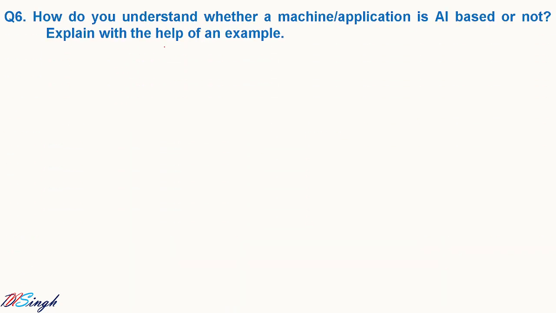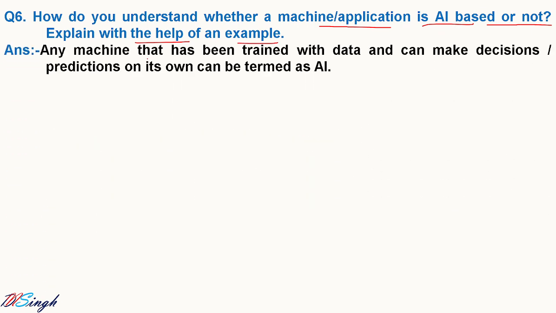Okay. Let us go for the next question. How do you understand whether a machine or application is AI based or not? Explain with the help of example. Let us see the answer. Any machine that has been trained with data and can make decisions, prediction on its own can be termed as